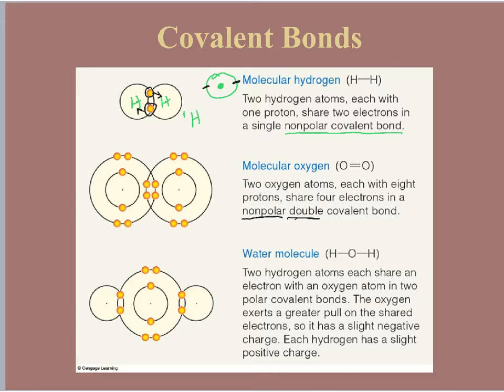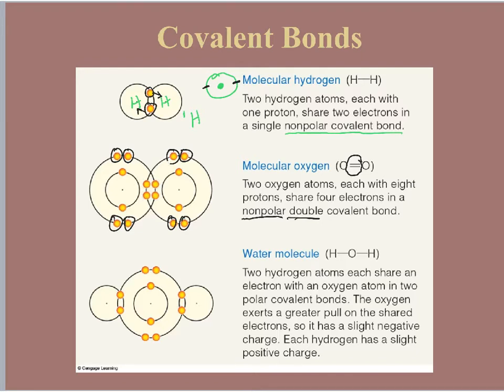So remember that oxygen has 6 electrons in its outermost shell. Let's count them. 1, 2, 3, 4, 5, 6. Oxygen would really like to have 8 in that valence shell. So it easily creates a non-polar covalent bond with another oxygen, because each one of those oxygen atoms is really looking to pick up 2 electrons. So remember, a double bond is created when atoms share 2 electrons, and that's exactly kind of what's happening here with